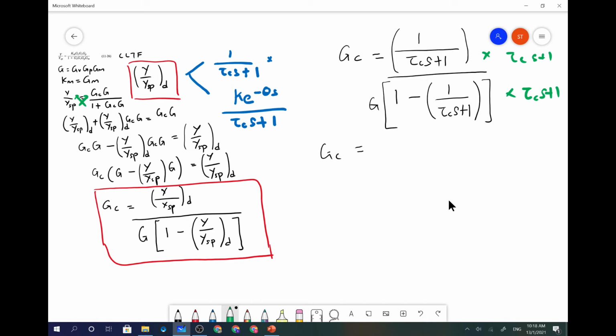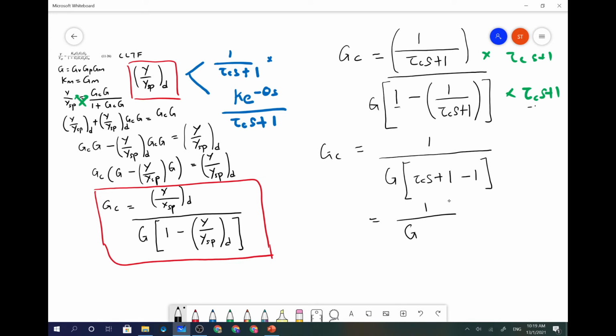The top one we left only 1 over G, and this term times this term will be tau CS plus 1 minus 1. That's why you get 1 over G